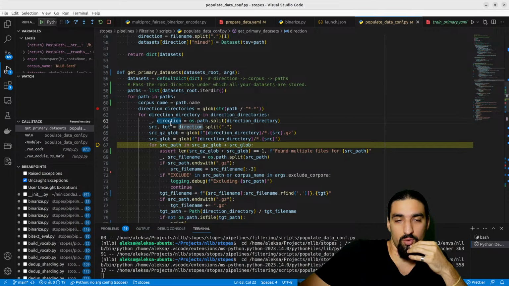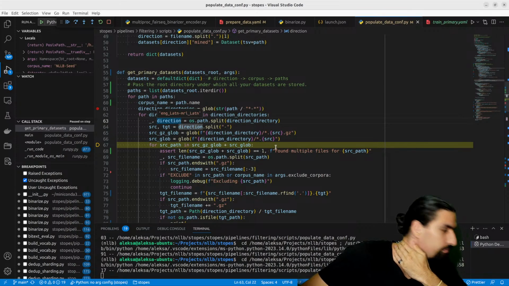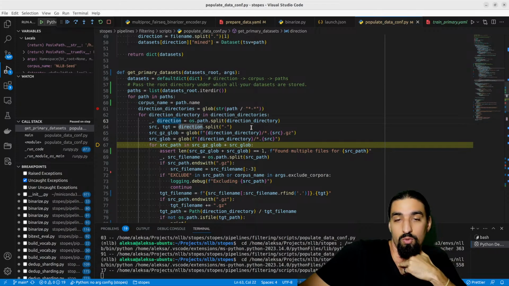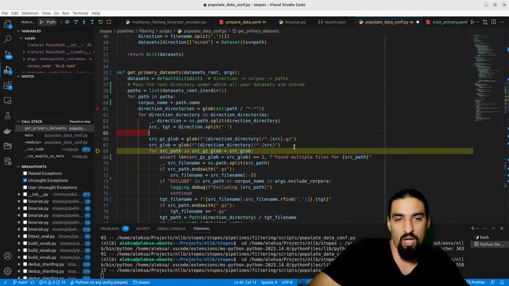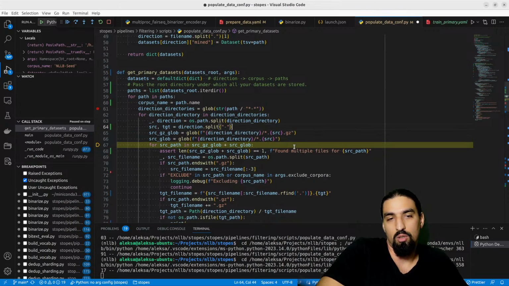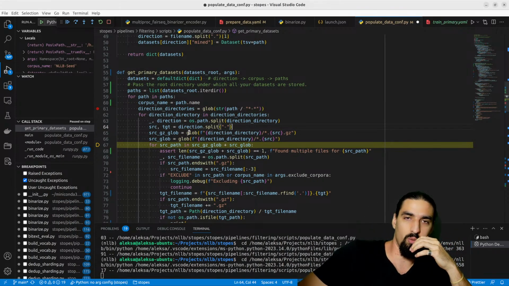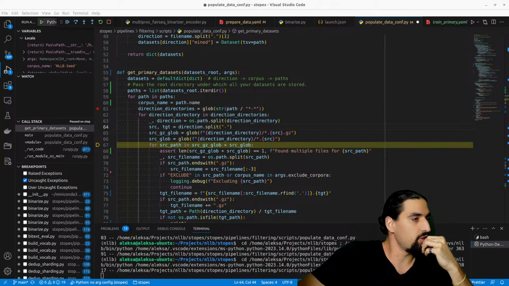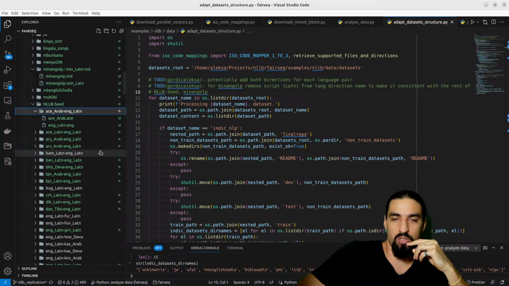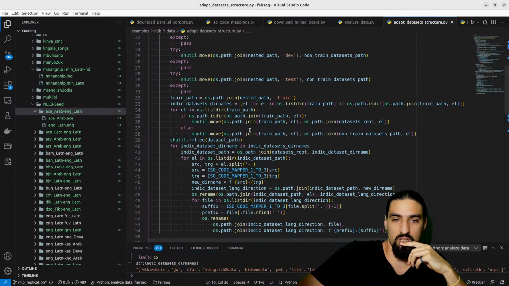Let me just think for a second. Well, a quick hack would be to just create a fix here. A cleaner solution would be to just make sure that here we handle NLLB seed properly,